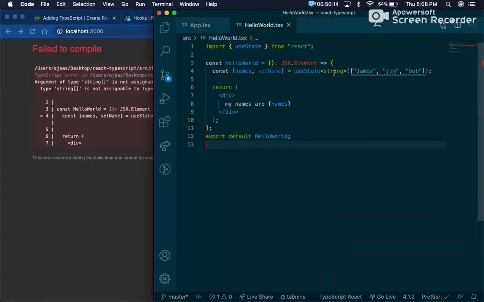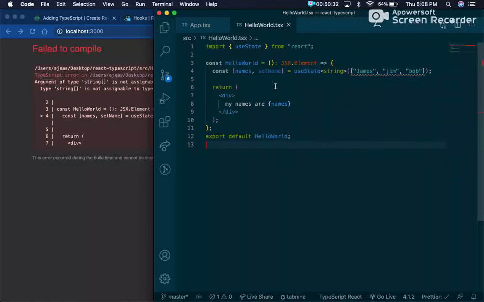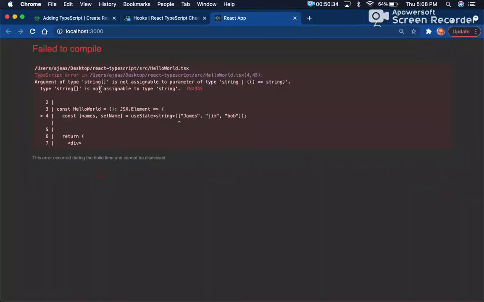If you hover over this, it should infer what our data type is. Huh, it doesn't say an array. It doesn't do the array thing. Argument of type is assignable by type